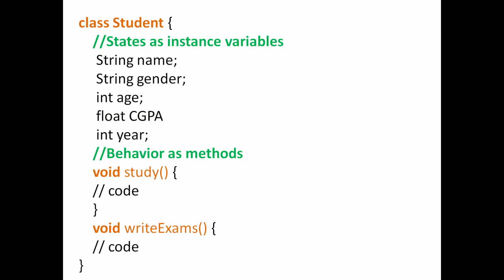And once you finish the states or the data members, now you move on to the methods. The first method is a study method, where you will be writing the necessary code to implement it. Similarly, there is another method in the name of write exams. So this class is now fixed. It has only these members, and it has only these two methods. So the only way you can manipulate these data members is with the help of these two methods. So you can either apply study to the student or write exams to the student.